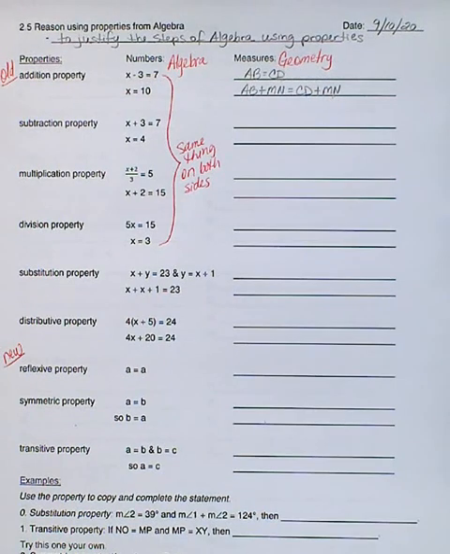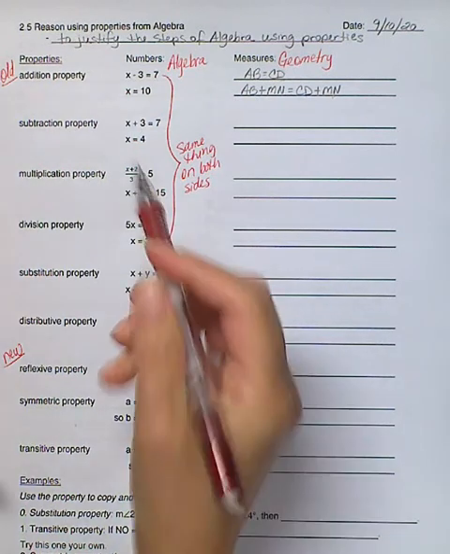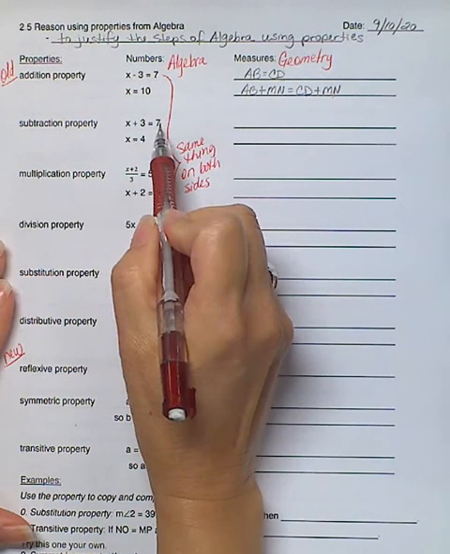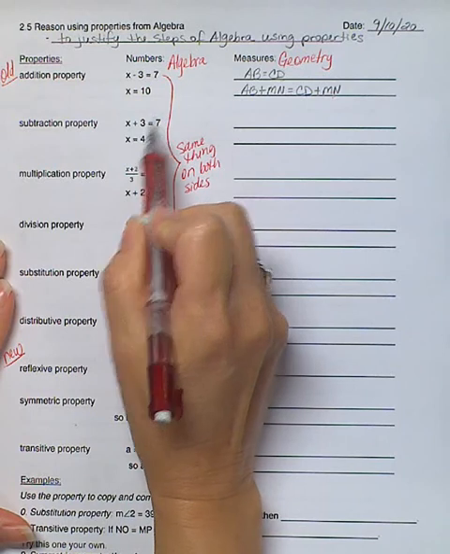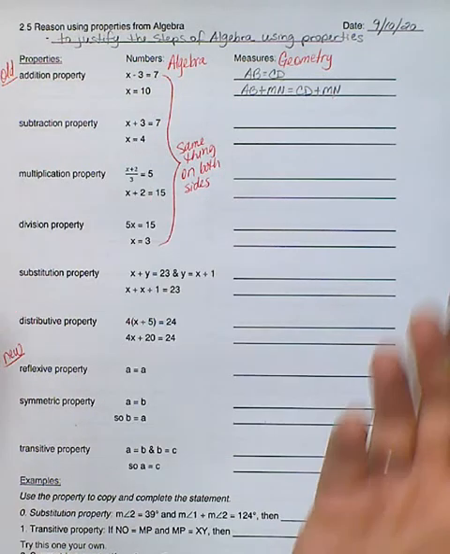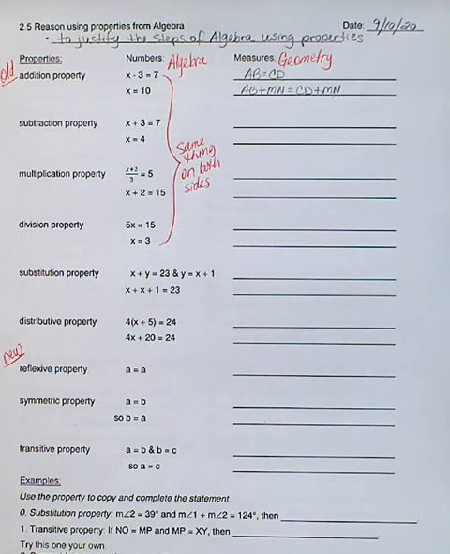So the subtraction property: if you were to subtract 3 from the left side and subtract 3 from the right side, then they would still be equal, it just looks different. So again, if you subtract the same exact thing from both sides, whether it looks the same or not, it's the subtraction property. So let's say the length of XY